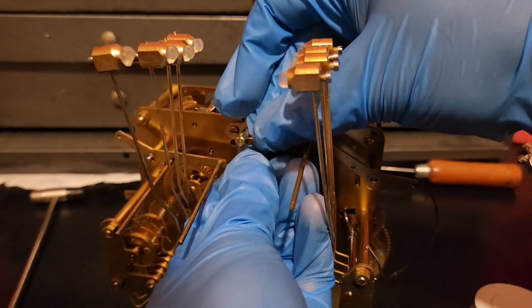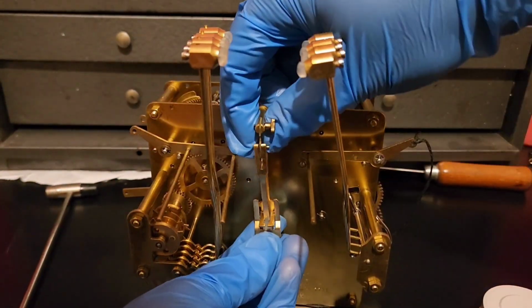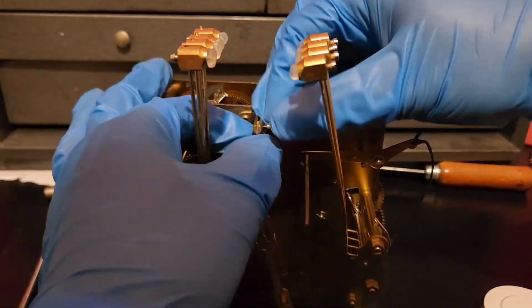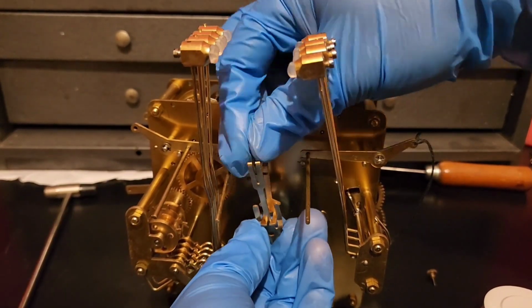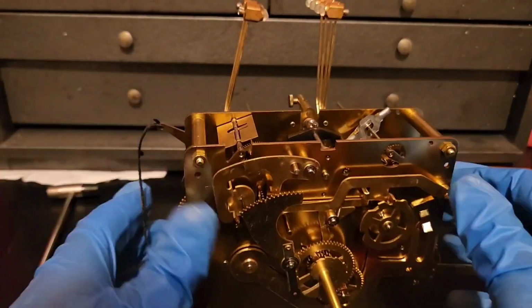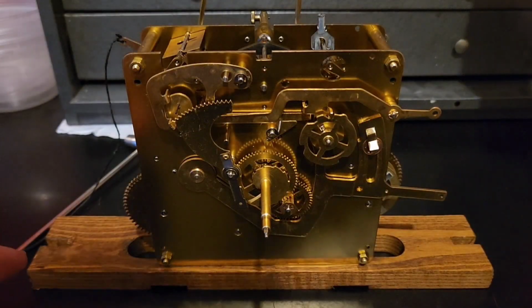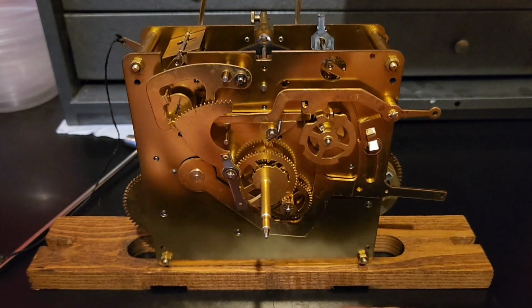Finally, the suspension spring and pendulum leader can be reinstalled. The final things that need done are chains and the seat board, but we will wait until the chains come to do that. Now, I said I wasn't going to put any grease or oil on this silencing lever here,